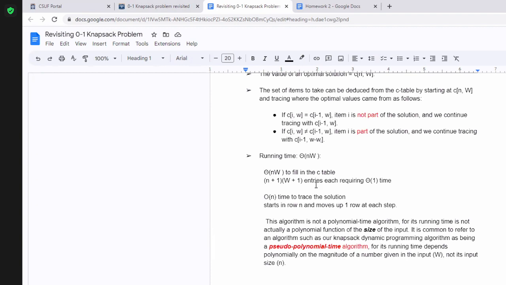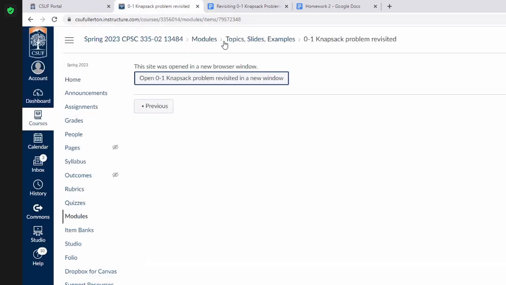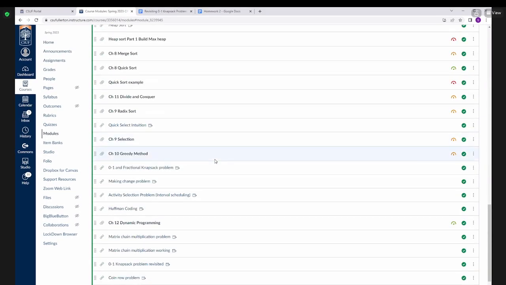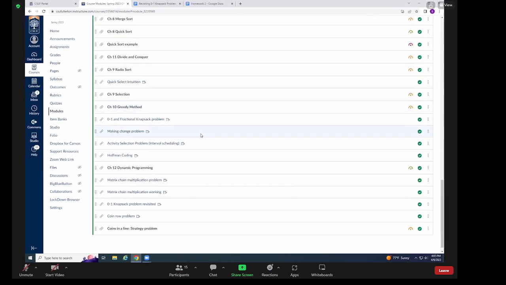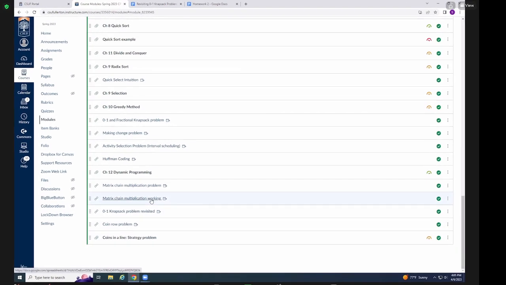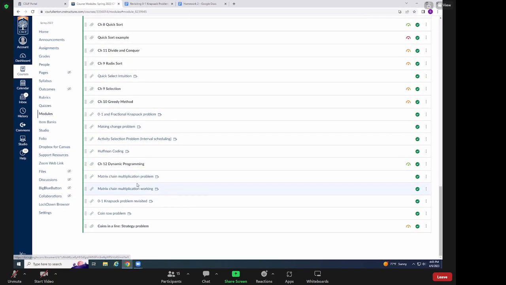The thing about these two problems is they're very famous. They are representative problems that we use to learn dynamic programming, but nevertheless, both of them are